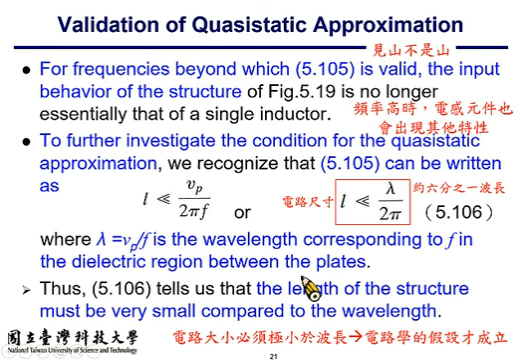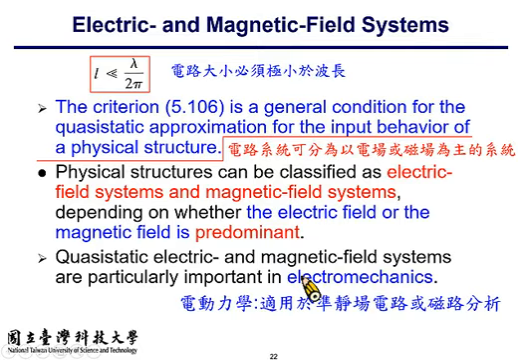Alright, so to further investigate the condition of quasi-static approximation, we have recognized the equation can be written in this form, which approximates to L much smaller than lambda over 2 pi, which is around 1/6 of our wavelength. And lambda is the wavelength corresponding to velocity and frequency. The result suggests that the length of the structure must be very small compared to the wavelength so that the quasi-static approximation is valid. Alright? Okay, so now let's move on to the other topic,